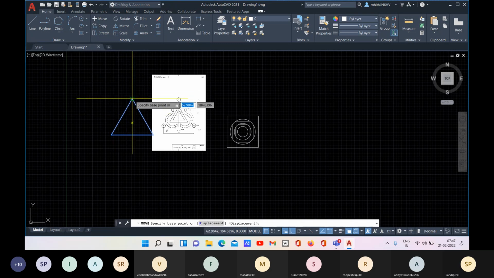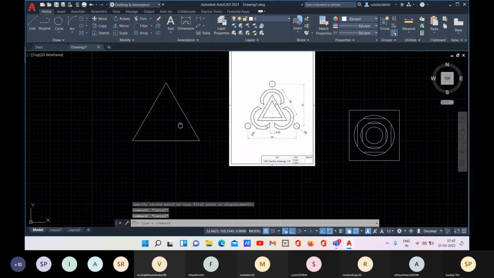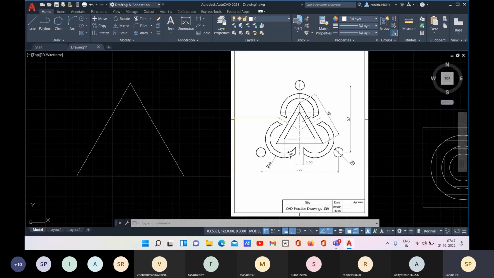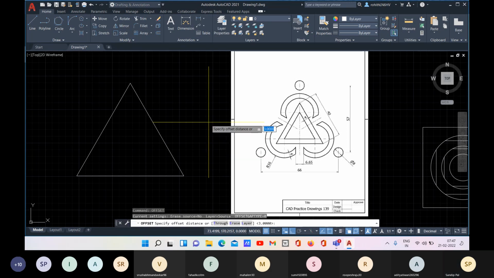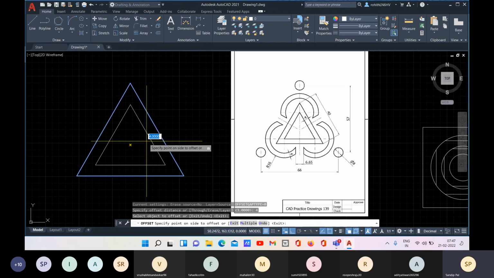Correct. So these are the tricks. You have to know what the best possible options you have available. So go for offset and 4, enter, select it, go in the inward direction and click.